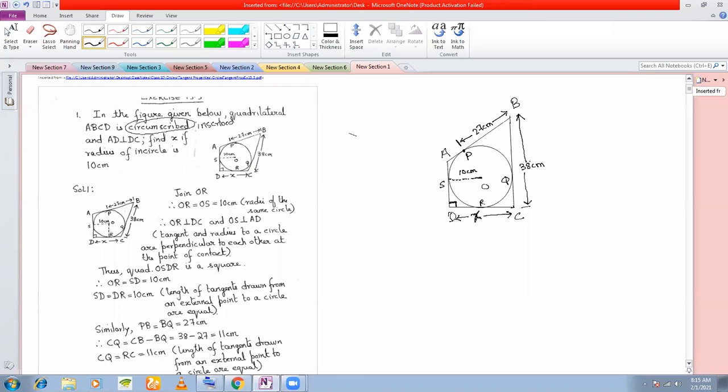So now you need to find out X. How will you find out X? Let's see. Now see here that since the radius of the circle is given to be 10 centimeters, that means I can draw this dotted line, OS, or this is already given. So now what you do is from the center of the circle, you join another point of contact. Okay, so you join OR. Now you get a quadrilateral. This is a square. And why should it be a square? Can you tell me why should it be a square?